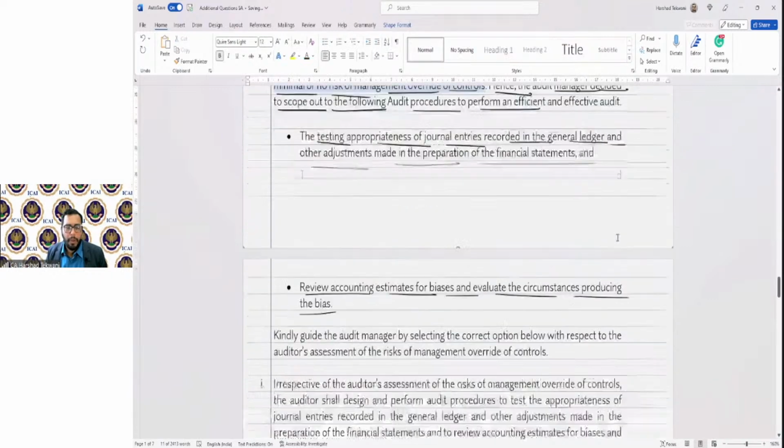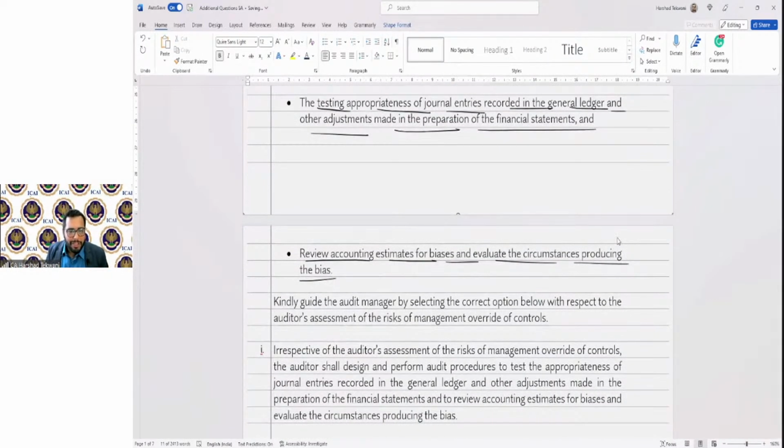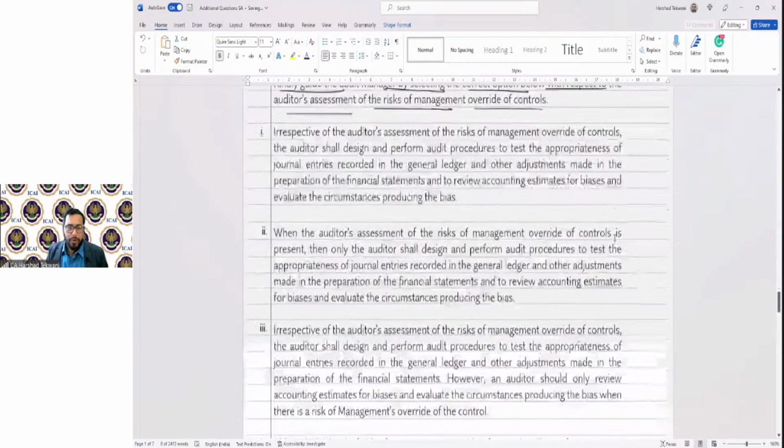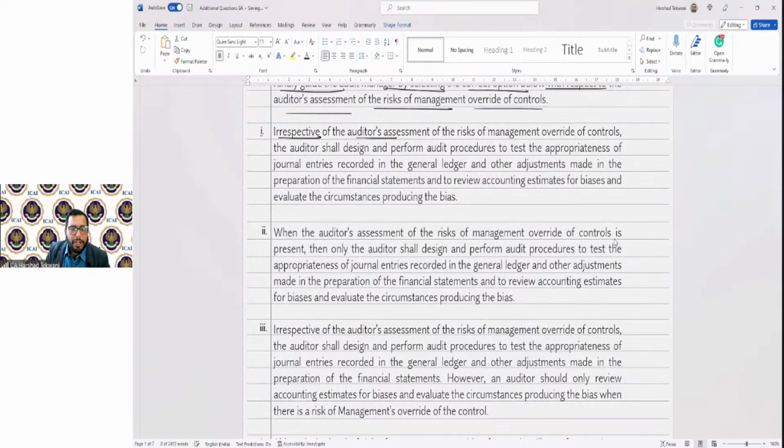Okay. Now kindly guide the audit manager by selecting the correct option from below with respect to the auditor's assessment of the risk of management override of control. You need to select the appropriate option. One, irrespective of the auditor's assessment of the risk of management override of control, the auditor shall design and perform audit procedures to test the appropriateness of the journal entries recorded in the general ledger and other adjustment made in the preparation of the financial statement, and to review the accounting estimate for the biases and evaluate the circumstances producing